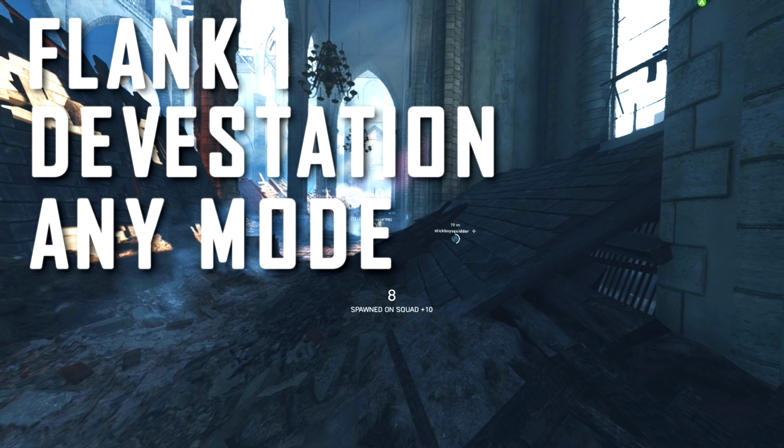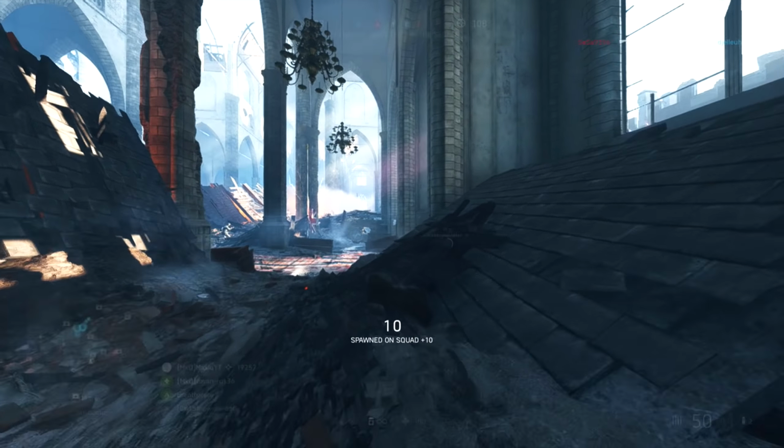Starting out with flank 1, we're going to take a look at Devastation, and this flank works for any mode. You're inside the cathedral, you can run up the ramp on this little side of Bravo if you're playing Operations, or Charlie if you're playing Conquest, hop over the wall and make your way round to these, hopefully unsuspecting enemies camping on the side. In this case, Maxik has found himself a whole load of them, and he completely destroys